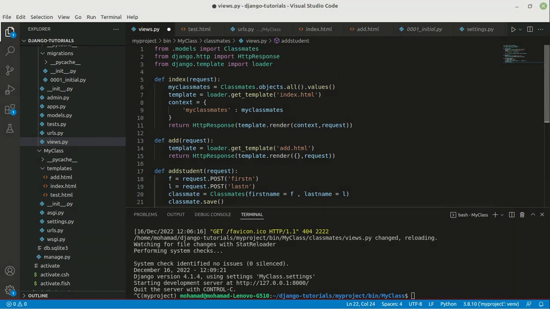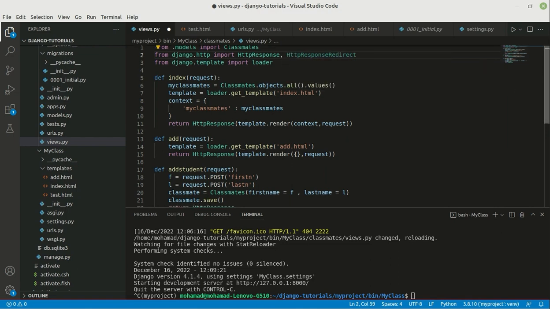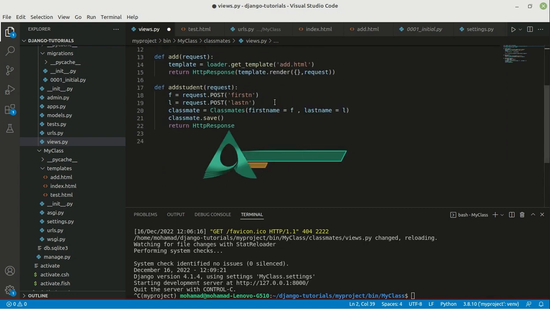Yes, I need to import HttpResponseRedirect. Okay, there we go. So we have it over here, and so we can use it right here inside of this function. So return HttpResponseRedirect,